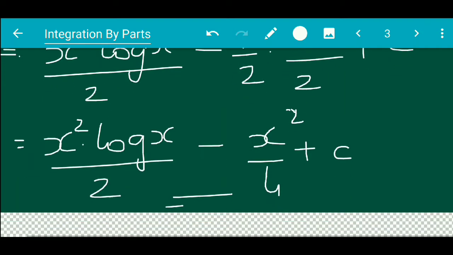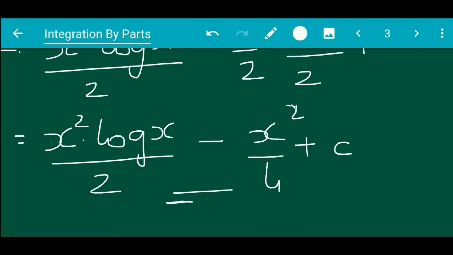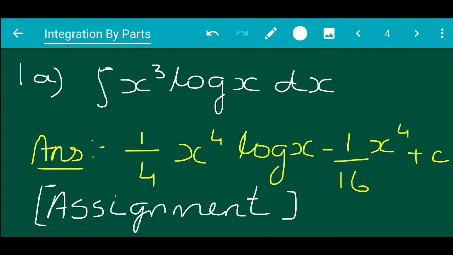So, since this is the first sum, you can do it very slowly. Open your notebooks and do the sums along with me so that you understand it as you are doing the sum itself. Now, one more sum I have given it to you which can be done same like the first sum, and I have provided you with the answer as well. Try it out in your notebook as assignment.